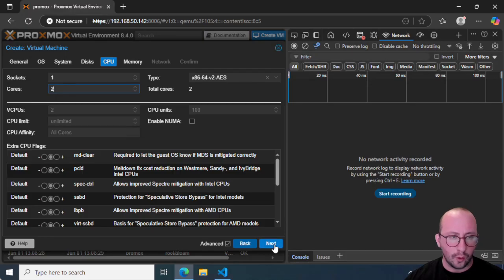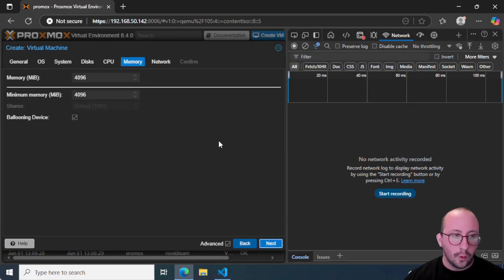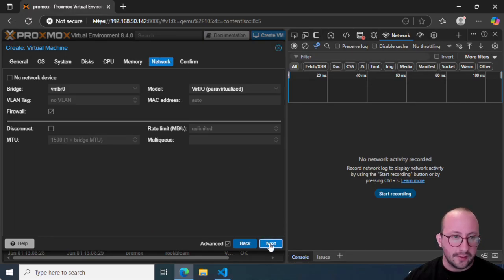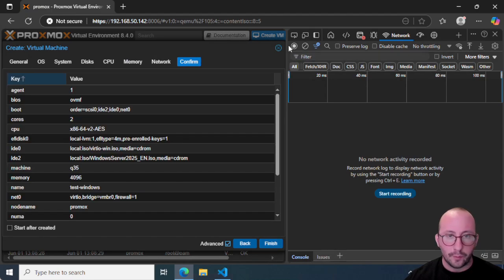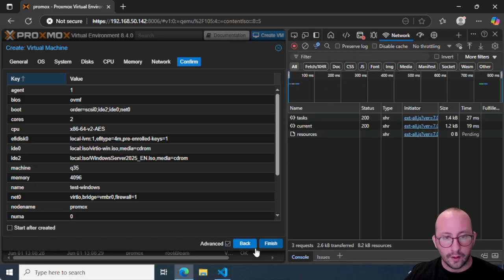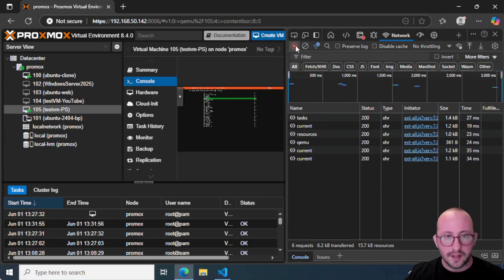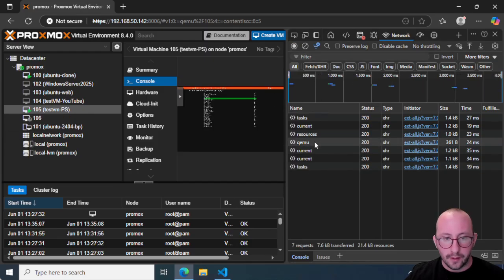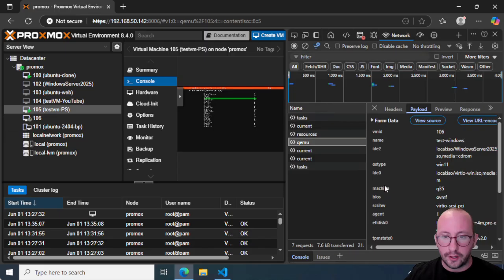We're going to do 2 cores. 4096 for the memory, that is fine. And then right before we hit confirm, we're just going to start recording that network log. We're going to send that in there. We're just going to stop it. And then if we look at our QEMU